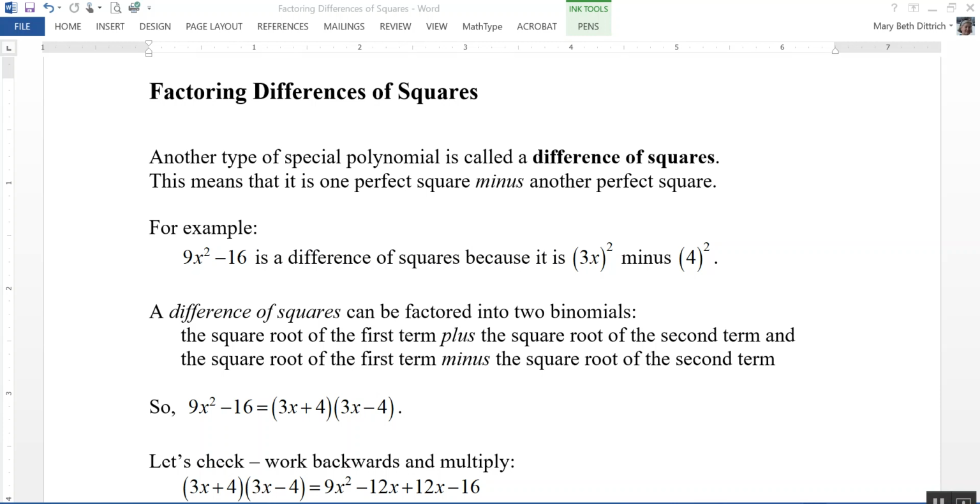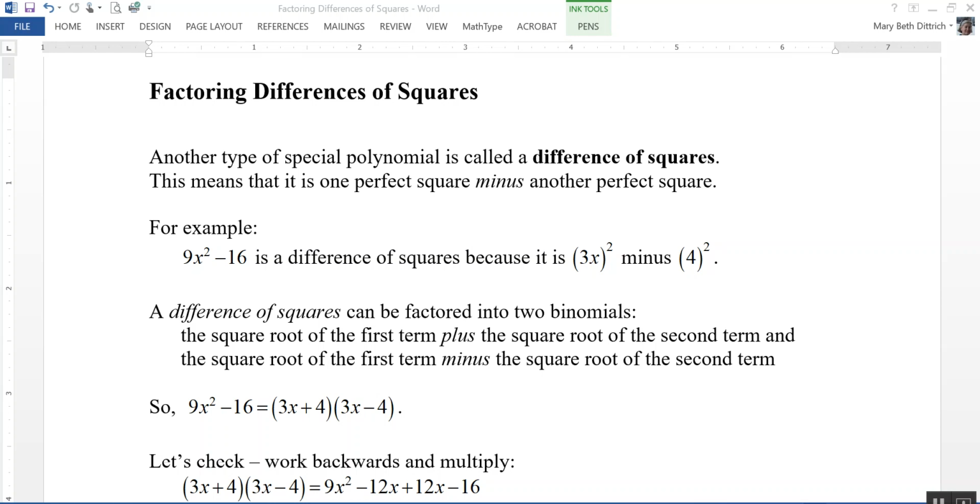This video is on factoring differences of squares. Another type of special polynomial is called a difference of squares. This means that it is one perfect square minus another perfect square. So for example, 9x squared minus 16 is a difference of squares because it's the quantity 3x squared minus the